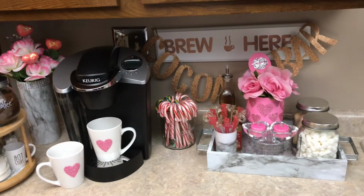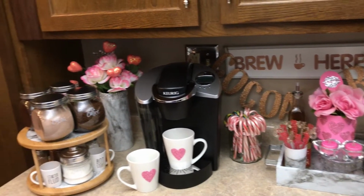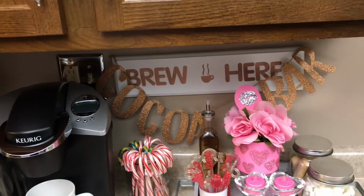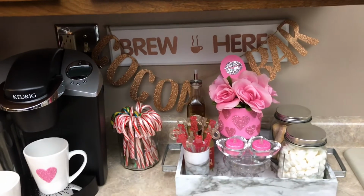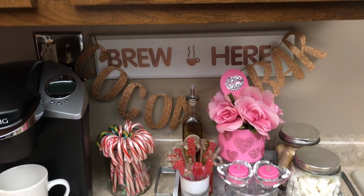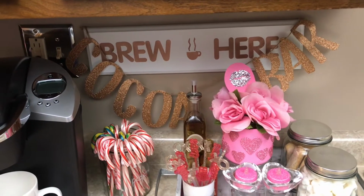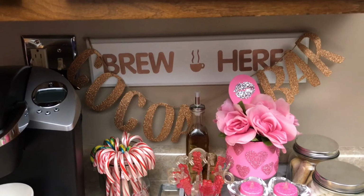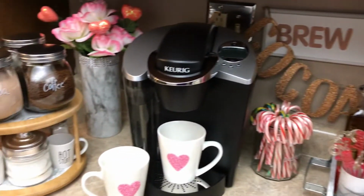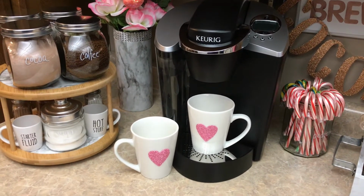This is how I styled my cocoa bar for Valentine's Day. I just added a few items, some pink roses in a vase, this nice bronze cocoa bar banner over the sign that I made that says brew here, a couple of coffee mugs with pink hearts,